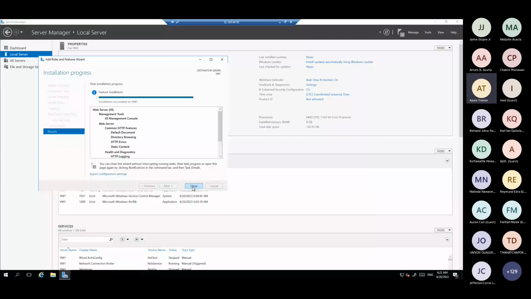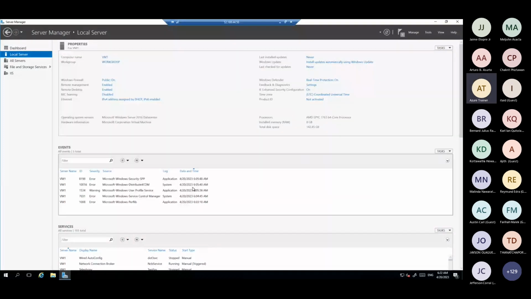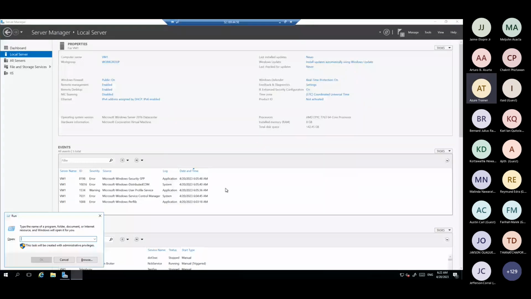The installation is now completed. Now you may be able to see a couple of servers available here. One server has been configured with a web server. Now let me go and check the address of this server.